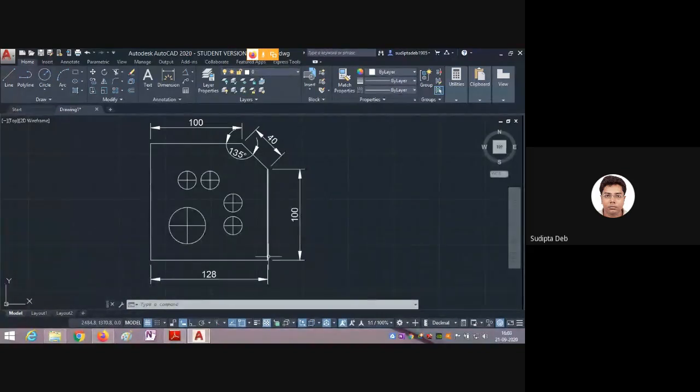But I want to convert these lines into a hidden line, center line. Because if I use the center line, an intersecting point is the center of this circle. I will show this for the other cases also. So I will change one line, and automatically I will use the match property command and reflect the property to the other lines.